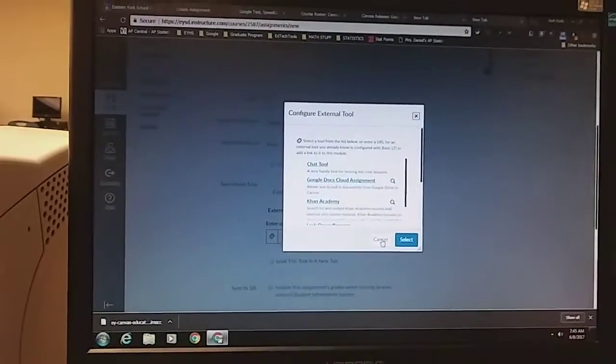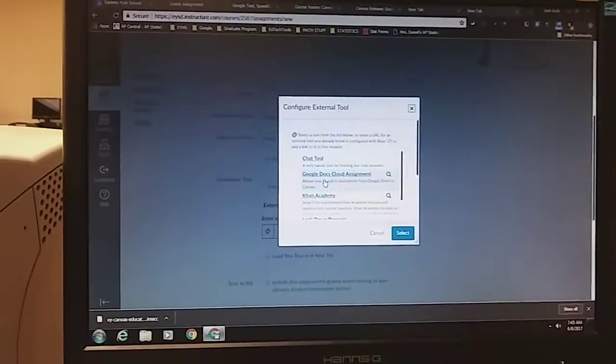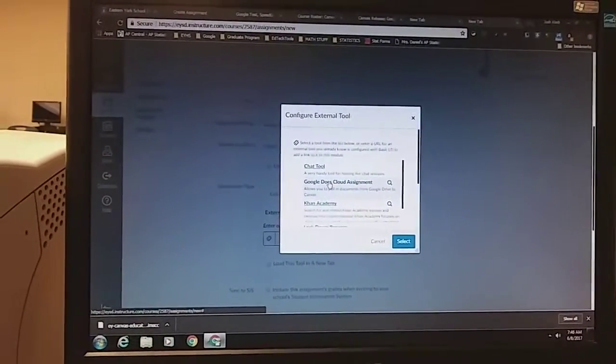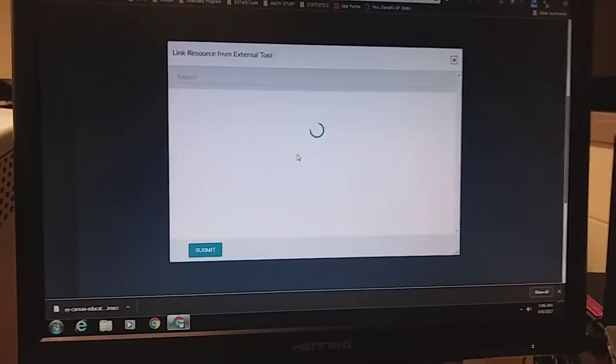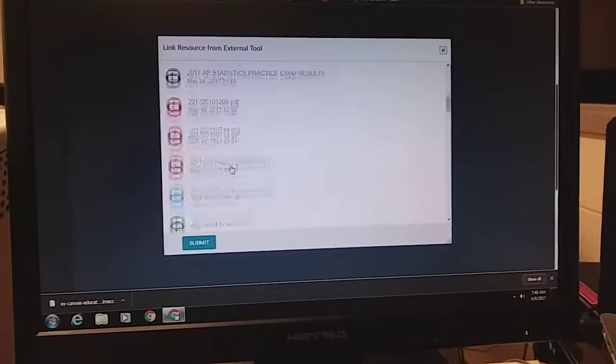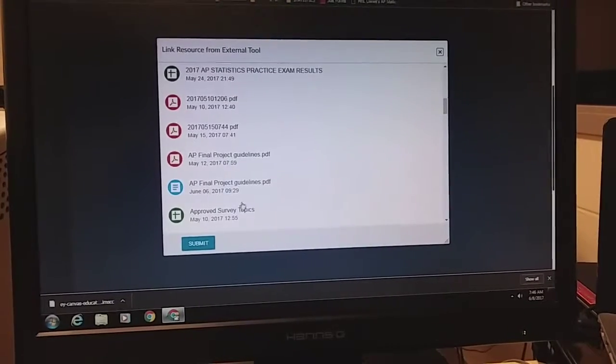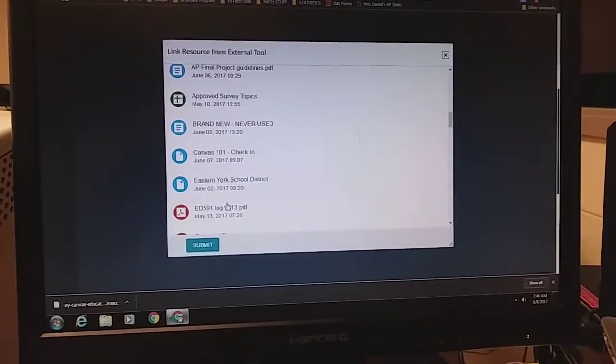Now, there are a bunch of external tools that are going to be on here, but we want a Google Docs Cloud assignment. So Google Docs Cloud assignment. So it's going to open up our Google Drive, and you can see there's a whole bunch of different documents here. Let's just go ahead and